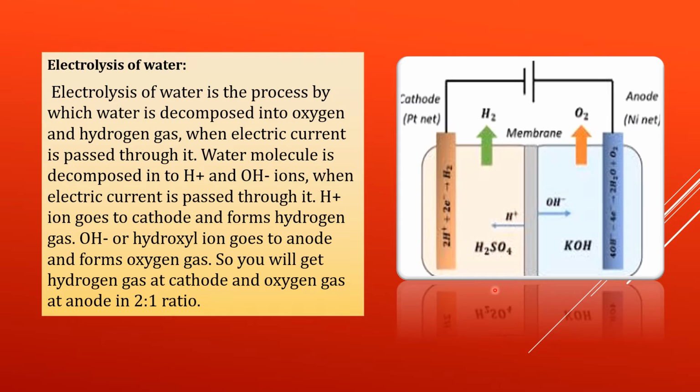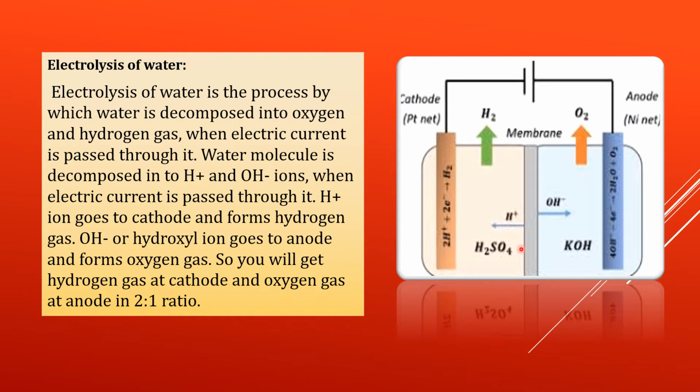Now please see the diagram. You will understand. This is the cathode, a platinum cathode, and a nickel anode has been taken as electrodes over here. One more thing, this is the circuit. Maybe I forgot to tell you in my previous slide: the 2 electrodes in a voltameter in case of electrolysis are always connected by a battery in a circuit.